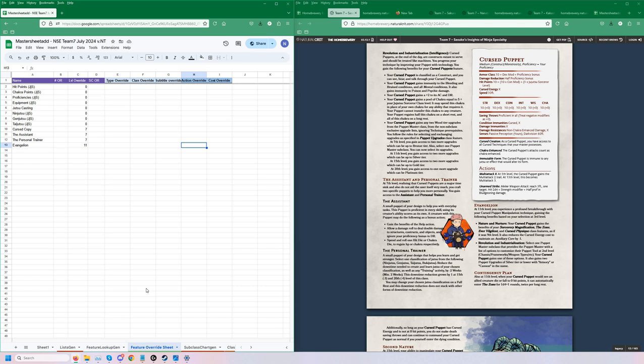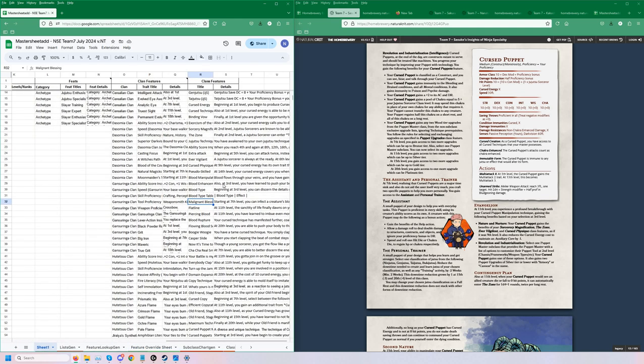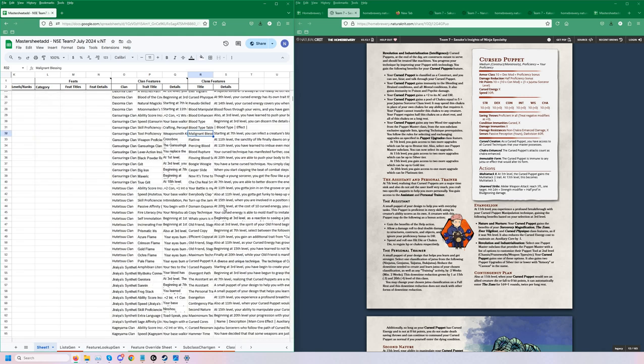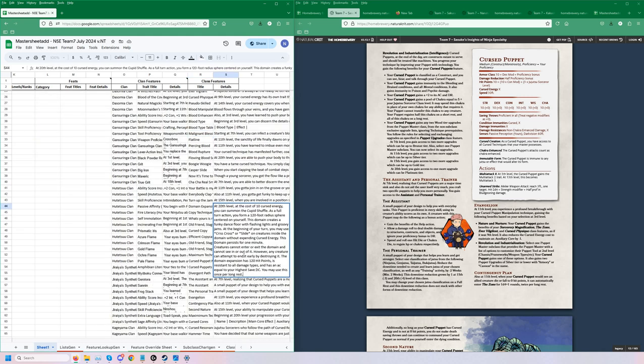The reason to use the override sheet in particular, rather than editing the raw data on the feature lookup sheet, is that in the feature lookup sheet, if I add to the data, or say there's something in the data that's more compact than it should be, and I expand it later,